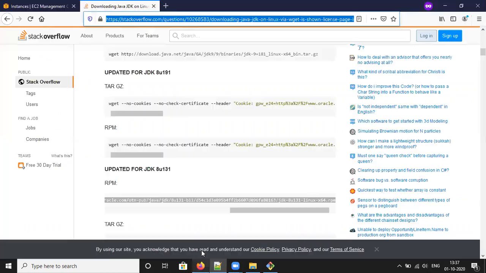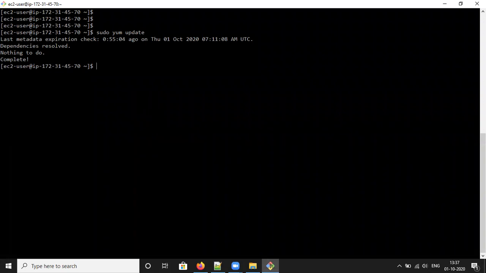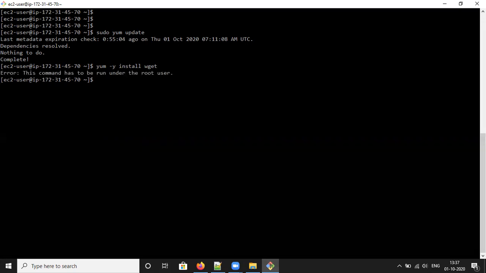Now we can go to our machine. sudo yum -y install wget. Suppose you have not installed the wget package, it will install it. If it is already there, it will say so. This command is run as the root user, so sudo yum -y install wget.